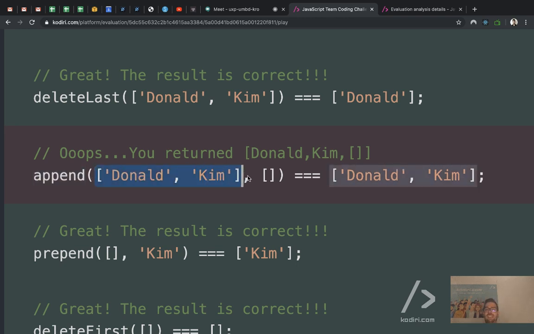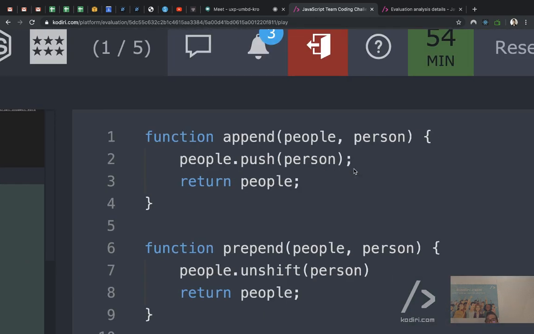According to this exercise, if we attempt to push something weird, like an empty array, it's not following the patterns, right? Because we were assuming that we were trying to append strings, A, B, C, D. But here we're trying to append something weird, an array. So the exercise is expected to be robust enough to control that. If you try to push something weird, ignore it. However, we are definitely pushing an empty array. That's why it doesn't work. You see the problem? So how can we control that? Well,